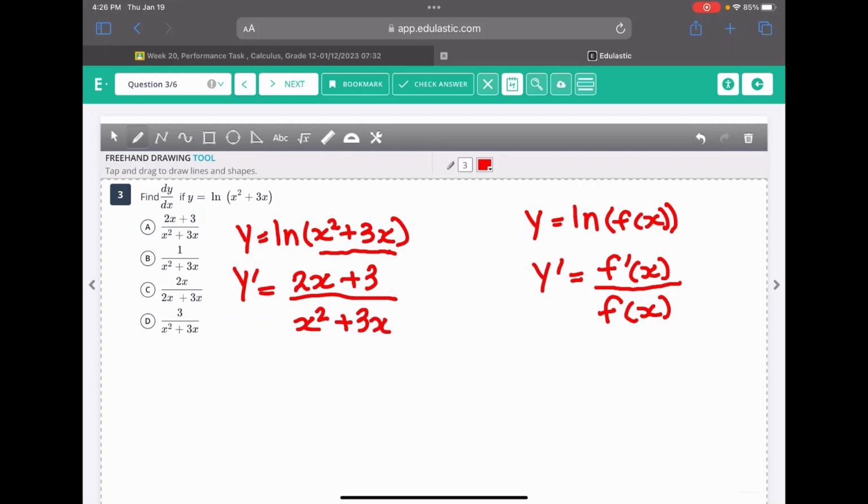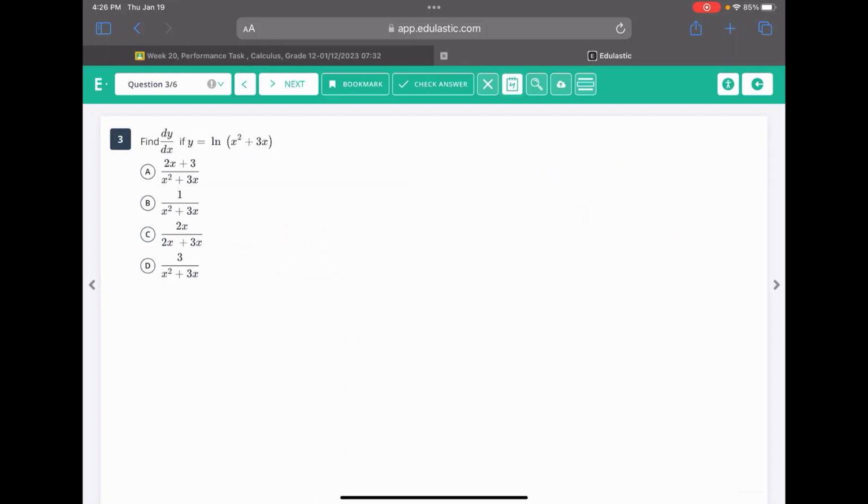So if we look at our answer choices, we can see that A corresponds with our answer. So if we check our answer, it is going to be